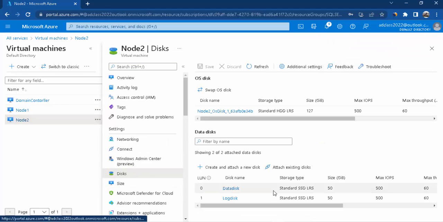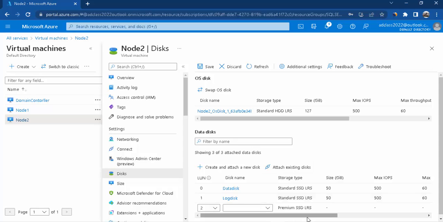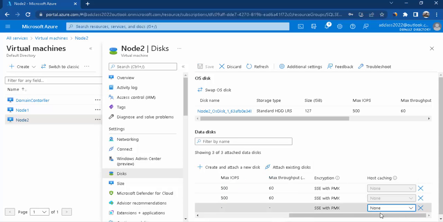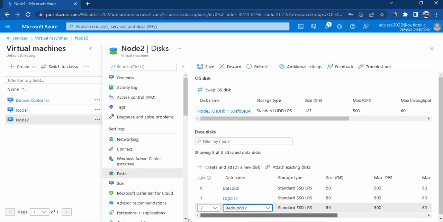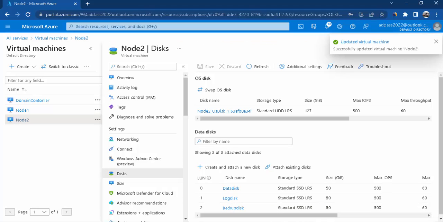I'm going to follow the same process for my node 2. So I'm going to add existing disk, host caching to none, and backup disk. Yes, everything is good. I'm going to save this. So yeah, successfully updated. Let's go back to our machine,